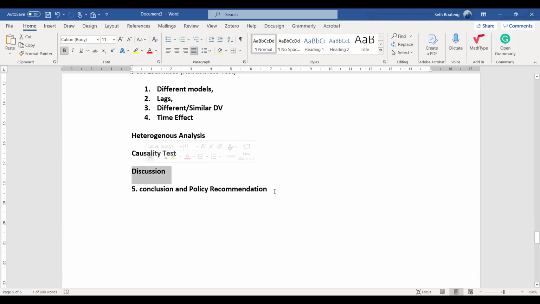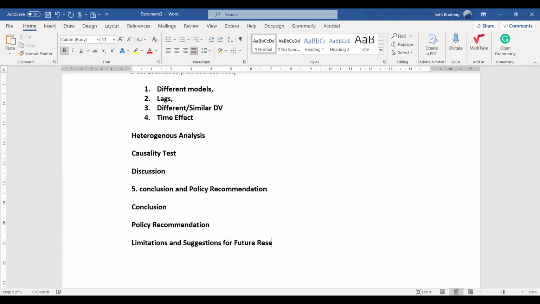Then you come to the conclusion. The conclusion is in 3 parts: the conclusion, the policy recommendation, limitations, and suggestions for future research. So this is where we explained the last time that we get concepts from. So you conclude your study by reiterating your aim, the purpose of the study, the objective of the study, the methodology you adopted, and the findings. You summarize your findings and everything under the conclusion.